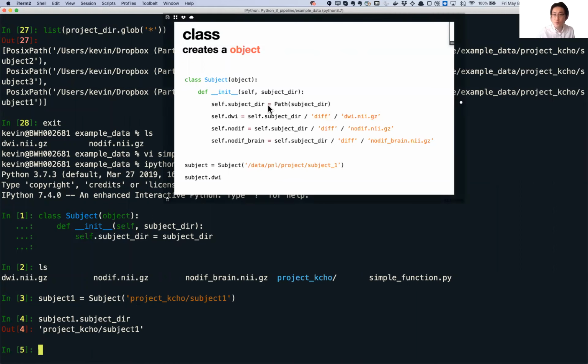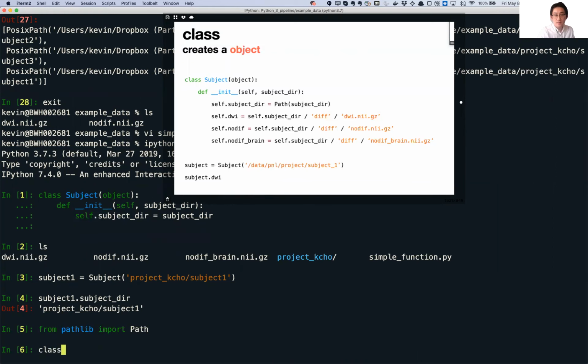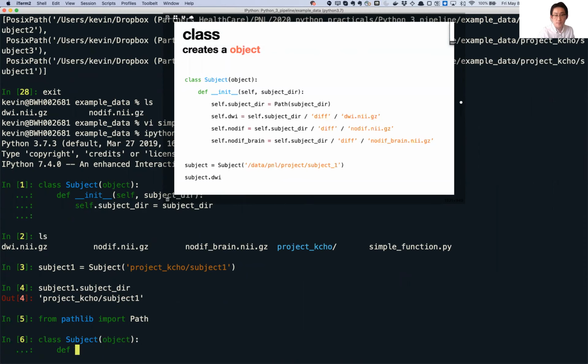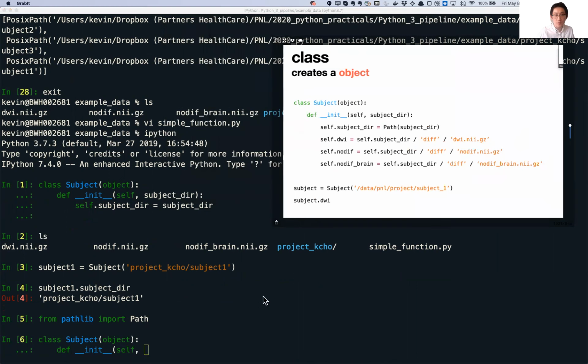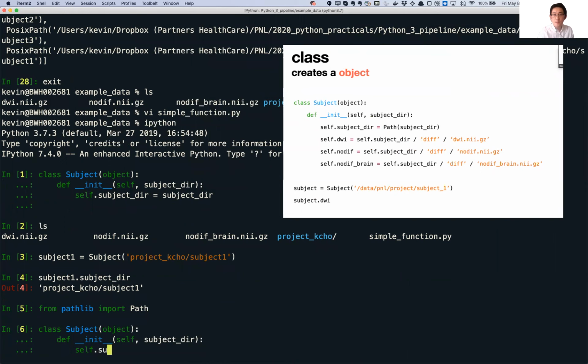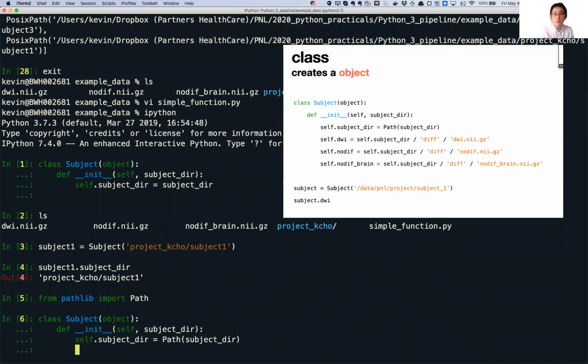Okay, let's do it with path. Let's import from pathlib, import Path. Let's make a class again. Class subject, object, colon, enter, tab, definition, underscore twice init. Self is just the syntax that you have to follow. And the input that we've given here. Okay, close and colon. Self.subject_dir is now the pathlized subject dir. And where's my diff directory? Diff dir is